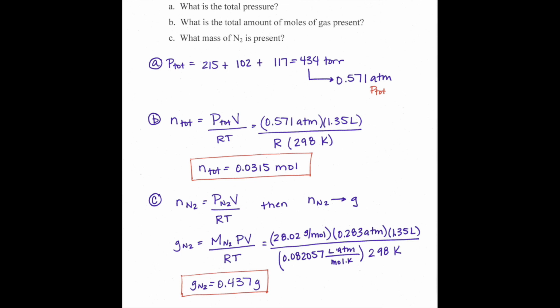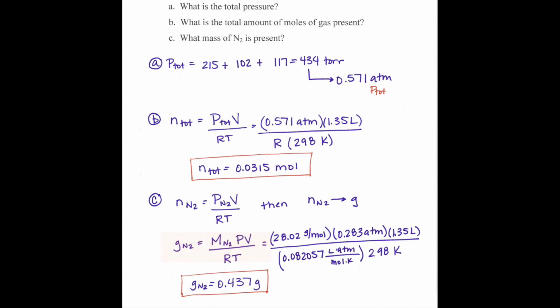Part C asks, what mass of nitrogen is present? And there's two ways that we could go about solving for nitrogen. We could use the ideal gas law and solve for our moles of nitrogen by plugging in the partial pressure of nitrogen in units of atmospheres, along with our volume, R, and temperature, which would allow us to solve for moles, and from there we can convert from moles to grams using our molar mass. As an alternative, we could also use one of our application equations of the ideal gas law, where we could solve directly for the mass of nitrogen by plugging in for the molar mass of nitrogen, the pressure, the volume,